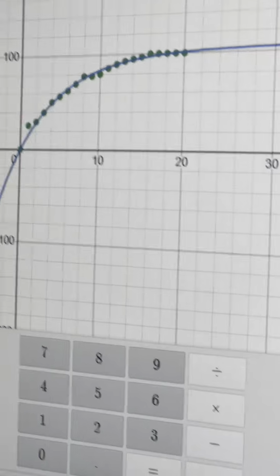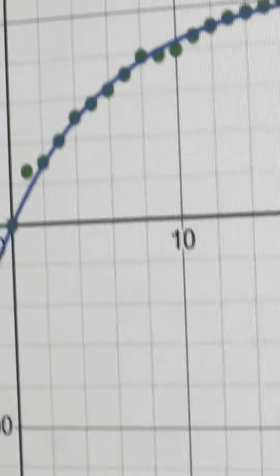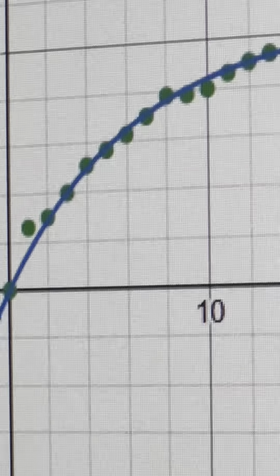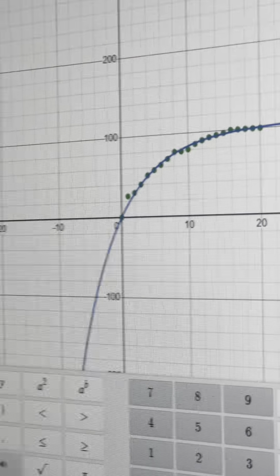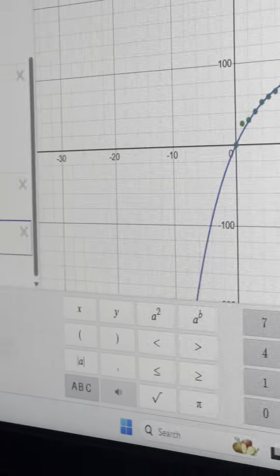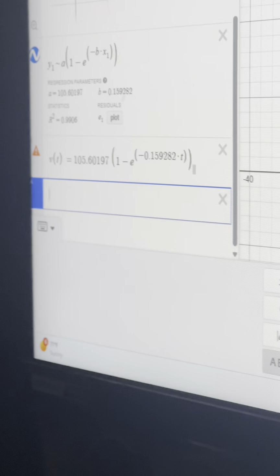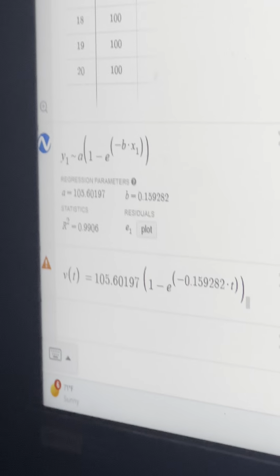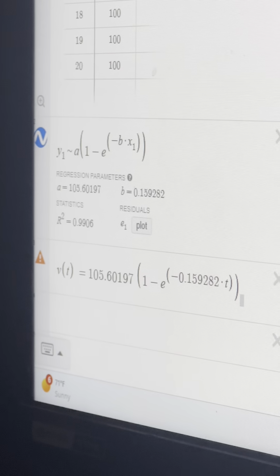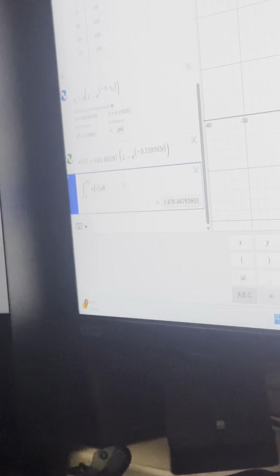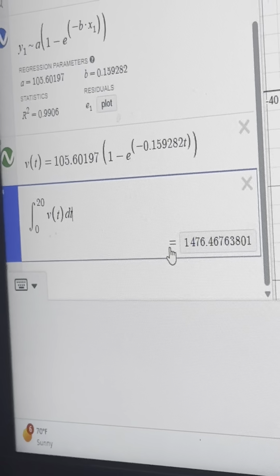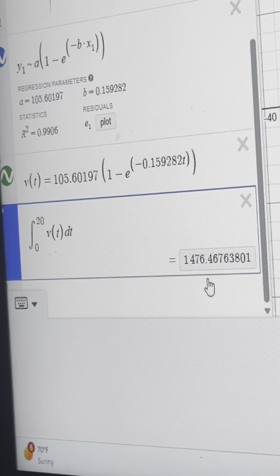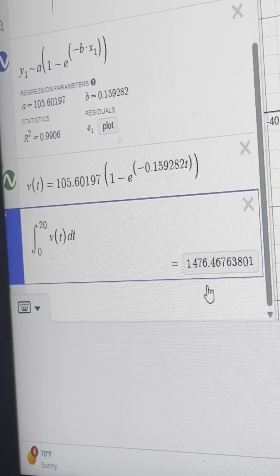It's not gonna be a perfect curve, but we got a curve that is a line of best fit using our plot points. What we're gonna do now is we're gonna tell Desmos to give us the answer of integration, so then when we do it actually using calculus and doing it ourselves, we compare it and it looks good. Okay, so we're going to be doing the integration equation, and it gives us 1476, and we're going to divide that by 3600 because we're doing it in seconds. So when we do that,